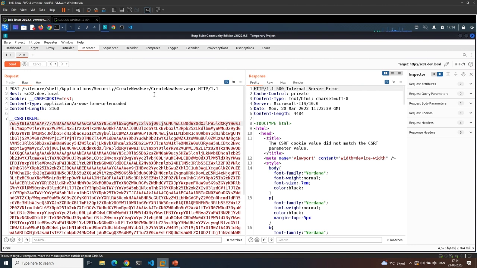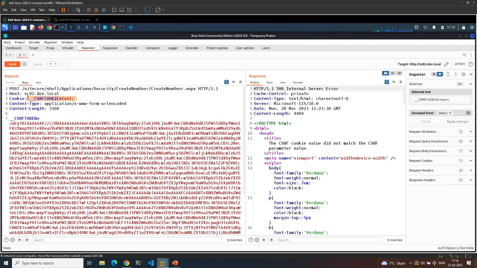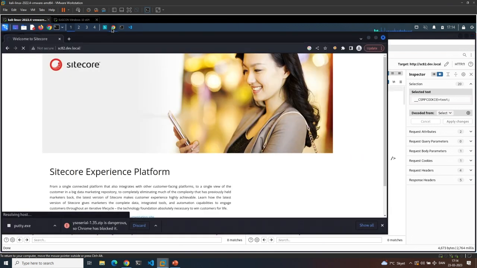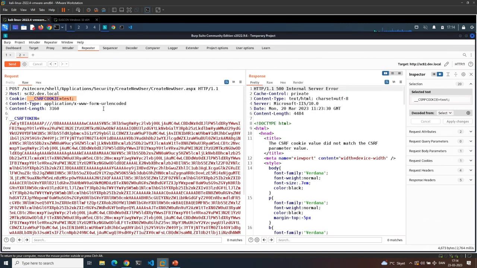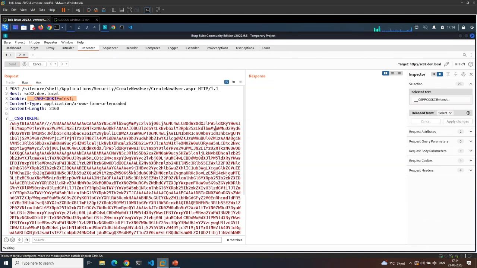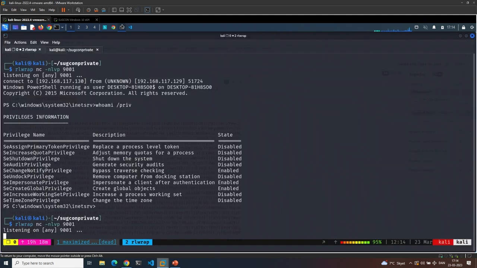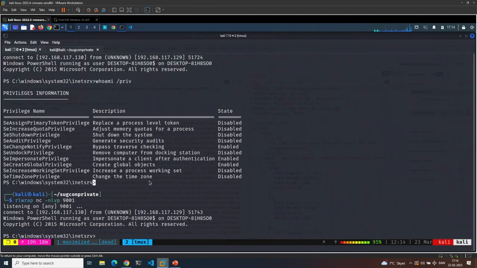So the vulnerability exists in the create new user ASPX file. And down here, if you pass in a cross-site request forgery token with test or anything else, it will take your token from the post input, unsanitized. So with the site running, hopefully, we're just going to press send. Poof, and it's hanging, which is a good thing, because over here, I got my connection, and I'm the app pool user again. Nice, or not nice, depending.